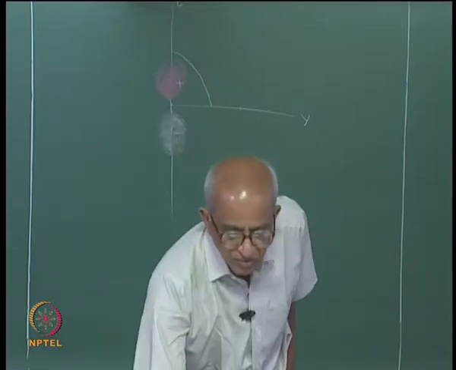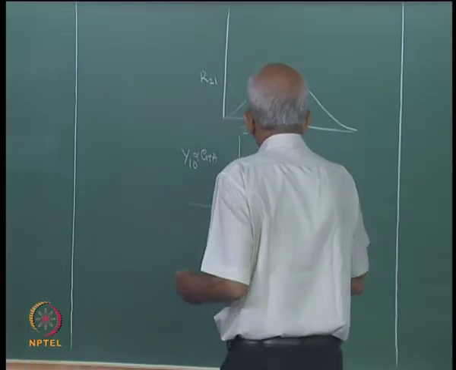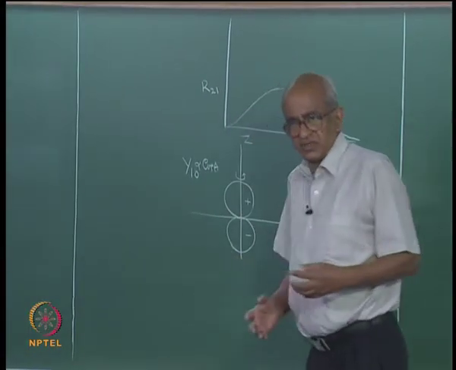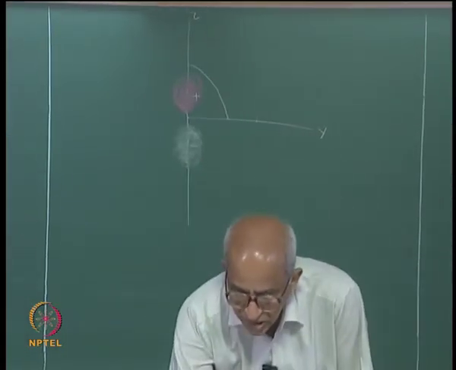For example, if you look at this value, you see along this contour, everywhere along this contour the value of the function is 0.034, while along this contour the function has exactly the same magnitude, but the sign is opposite. Okay. And also it is possible to make polar plots of such functions using this nice software called Mathematica, and I would demonstrate that also.